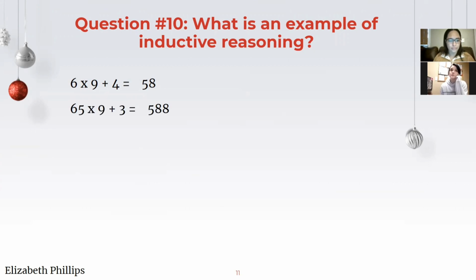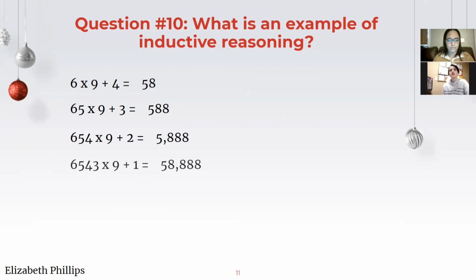Now if you look at your numbers, you'll notice that a 5 was added after 6, and our 4 got bumped down to a 3. We look at our next problem. We have 654 times 9 plus 2 is equivalent to 5,888. Well, now we're doing 654. We're pretty much counting down, times 9 plus 2, or 2 got bumped down again, and it just added another 8 to our answer. So for our next problem, we have